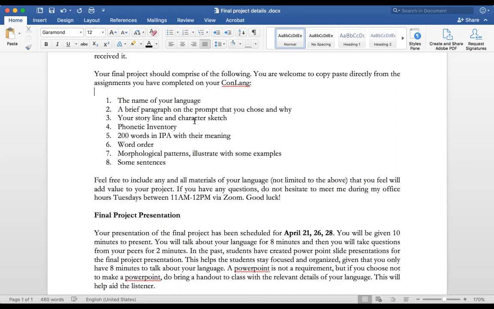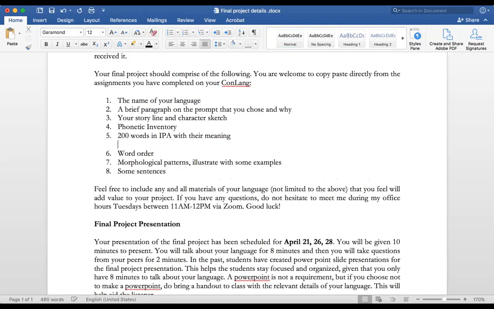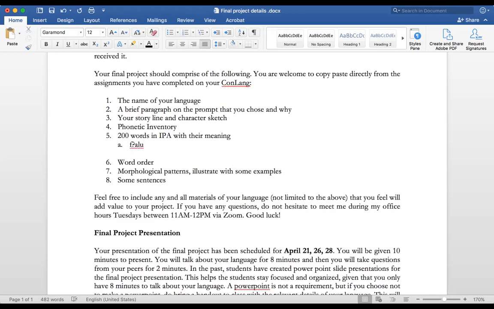So let me give you a quick example of what something would look like. Let's make up a word right now. Because I don't have an IPA keyboard, I'm just using the regular keyboard. But say this is a new word in a language that I created. So this is in IPA, and then I would give the meaning. If this is a simple word, I will just leave it like that. There's no morphological breakdown for this.